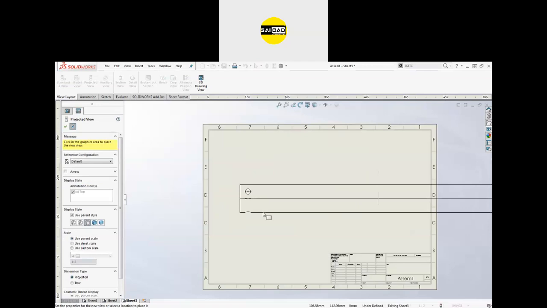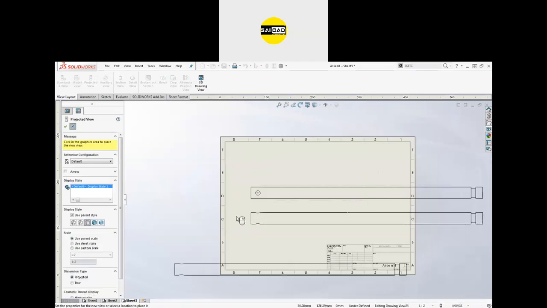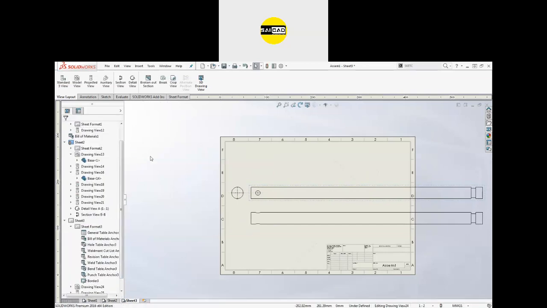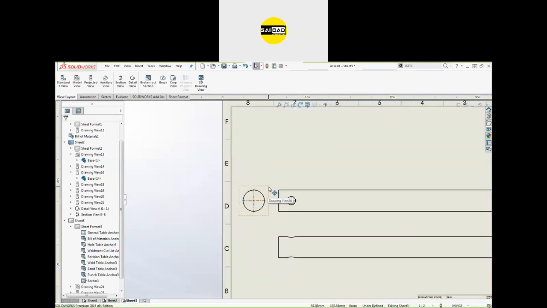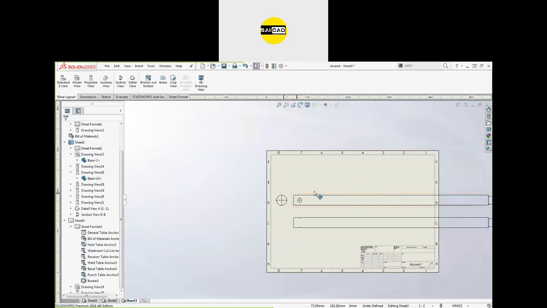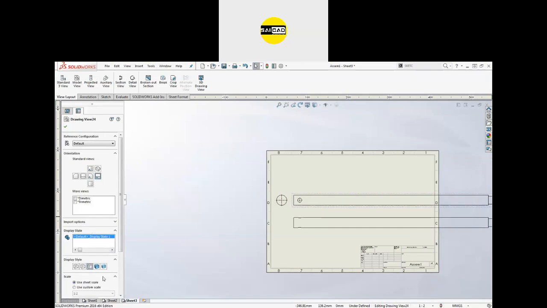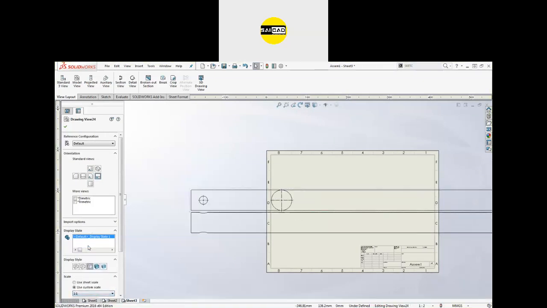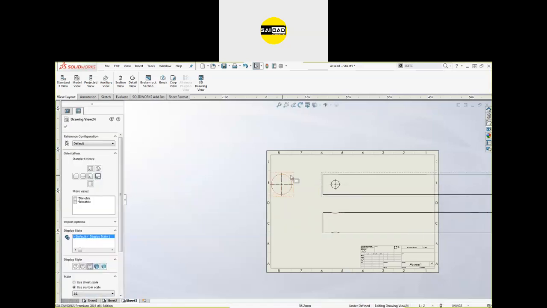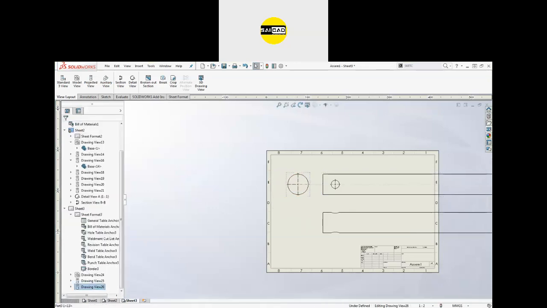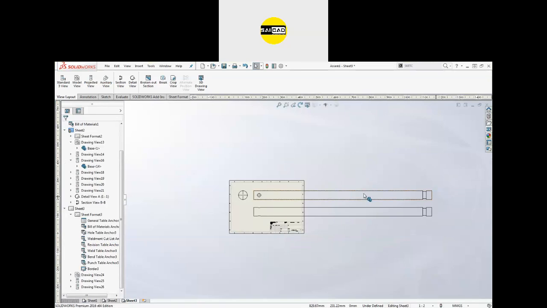So what you can do, you can just change the scale of that shaft, or you can just break the shaft with a view. So you can see that the size is small here. I want to see this size with some large scale. So I can just select the views like that and change the scale. This one, due to the custom scale, this should be 1:1 like that. I want to see the scale of this bar in that size like that. You can see the shaft is outside.